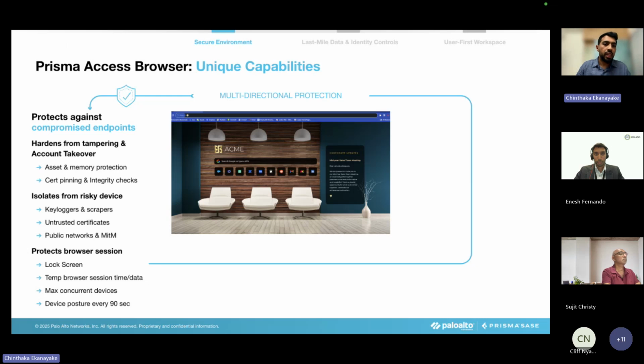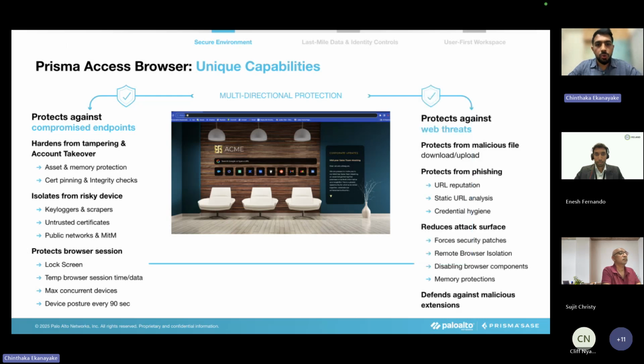And also we have the capabilities for managing the DNS. We can do DNS over HTTPS on the enterprise browser. So these are some of the capabilities. Along with that, we can do screen locks. We can make sure temporary sessions are provided, and the moment the browser is closed, all the session cookies, everything is removed, and no data is present. And then we also check the device posture, in terms of whether the antivirus and those things are running. We can do multiple posture checks on the device as well.